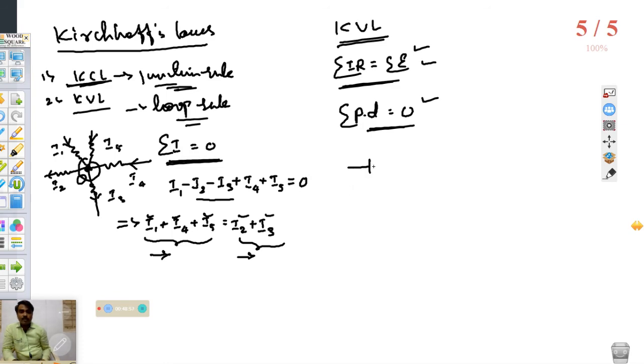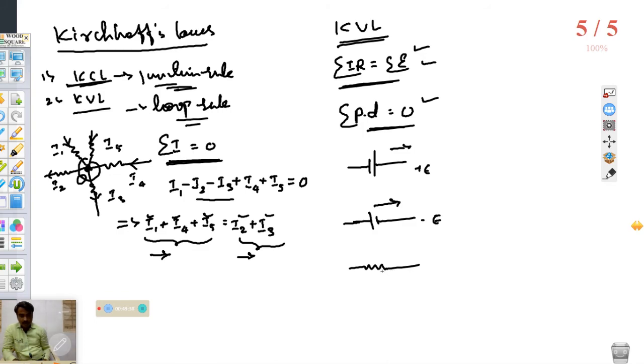Suppose the battery is connected to an external circuit, and current is traveling in this way. It is positive, and the same equation for the circuit: if I say positive and negative, and the direction of traverse is in this way, it is minus. The direction of traverse is what I am talking about. How we can calculate the current in the mesh, and also with respect to the resistance.